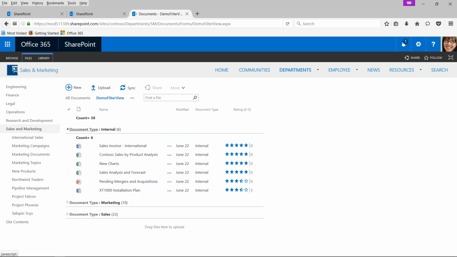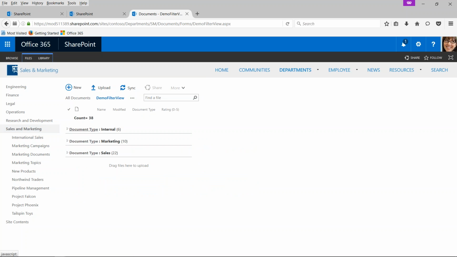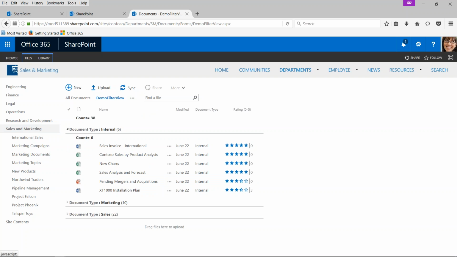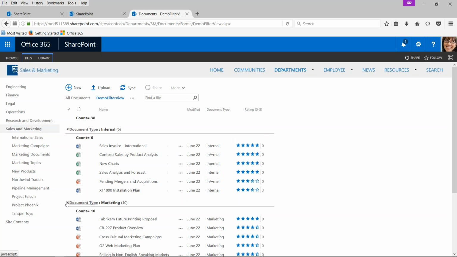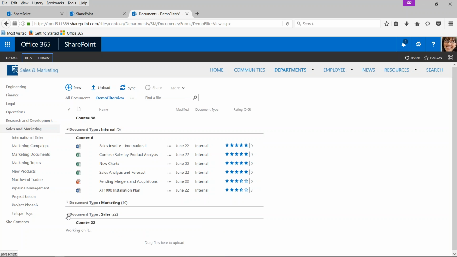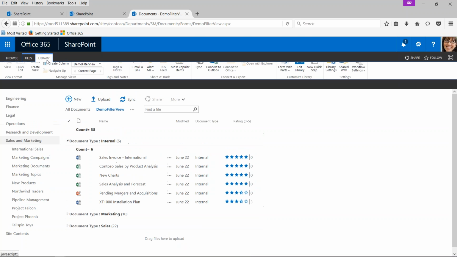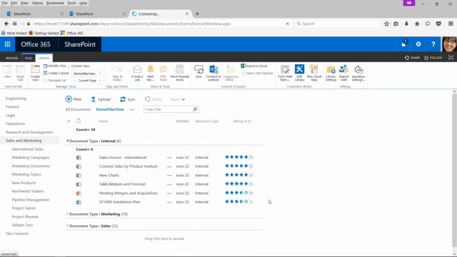And this is one thing that is really powerful if you do plan to create different views on a list or library and then create a dashboard. So if you can imagine, I could come in here and we can click this drop down and show them all. But if I come in here and modify my view one more time,